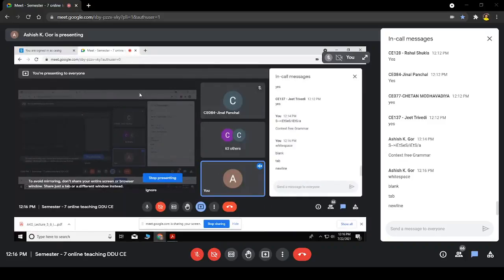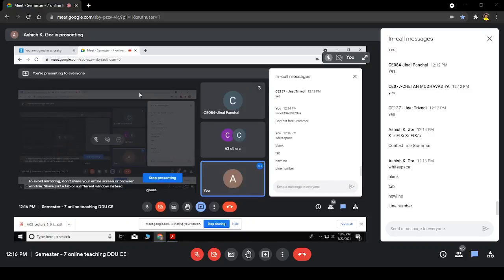See, I wanted to tell you one thing. Whenever you get error from compiler, you are also getting a line number. That this error occurred on line number 5. This error occurred on line number 10. Anyone would like to say how lexical analysis can associate line numbers? What it can keep track of? How to associate a line number?